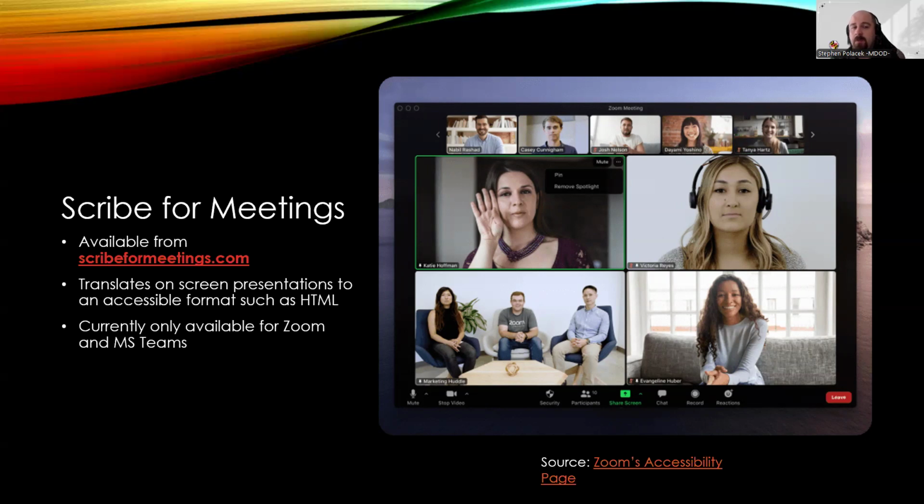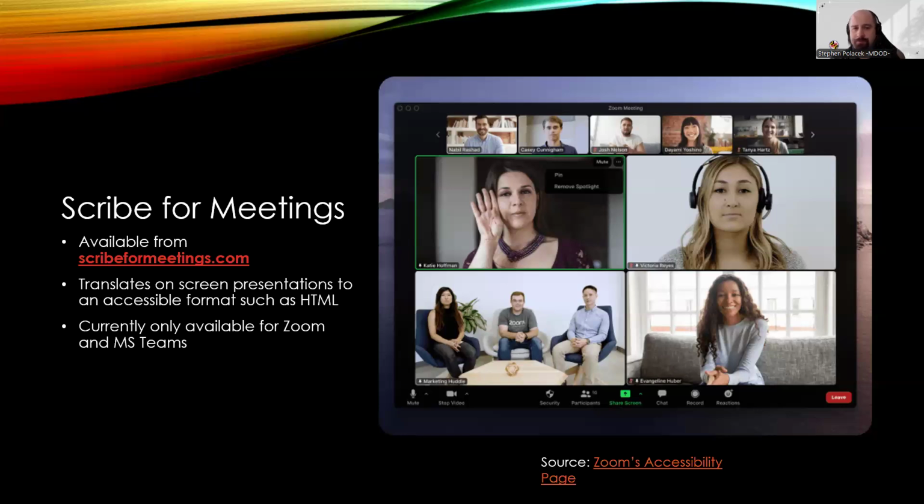So the way they use it for their presentations is they will upload the slide deck after they create it to the Scribe for Meetings platform that they're on. And then during the presentation, there'll be a bot that is participating in the meeting that will essentially watch the screen. And as you're sharing your screen, will follow along and present the correct part of the slide deck on